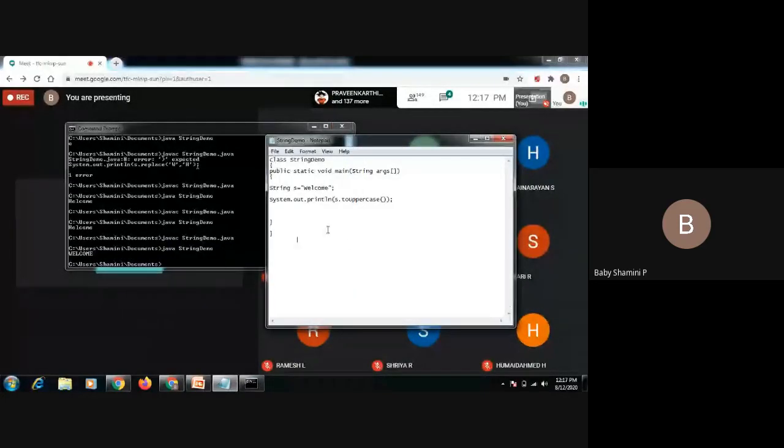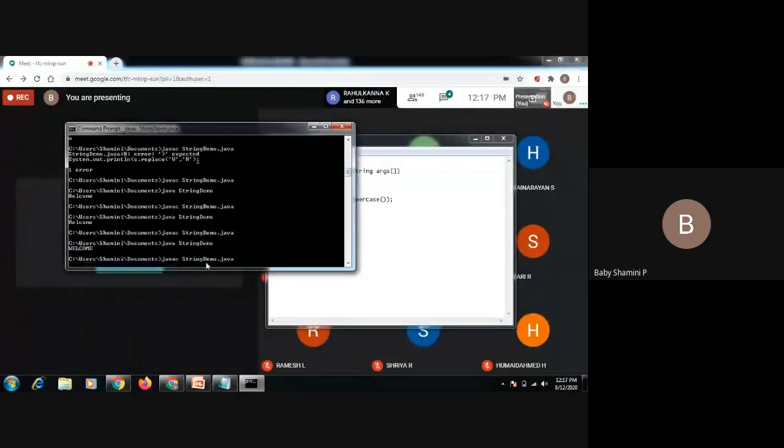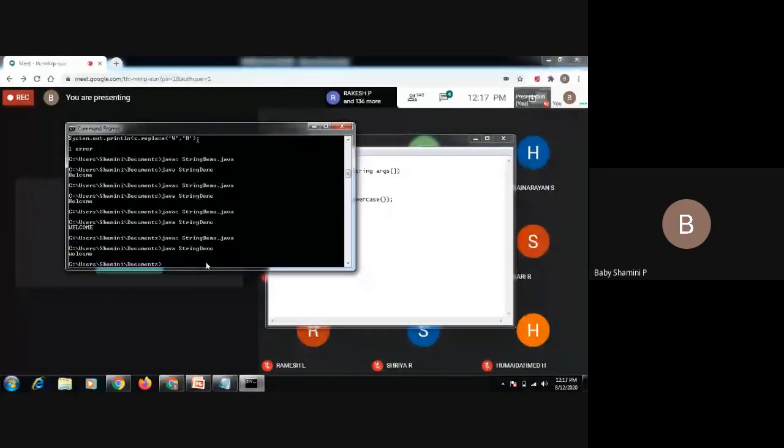If you want to perform a lowercase operation, upper is changed into lower, toLowerCase. So all the elements are displayed in small letters.